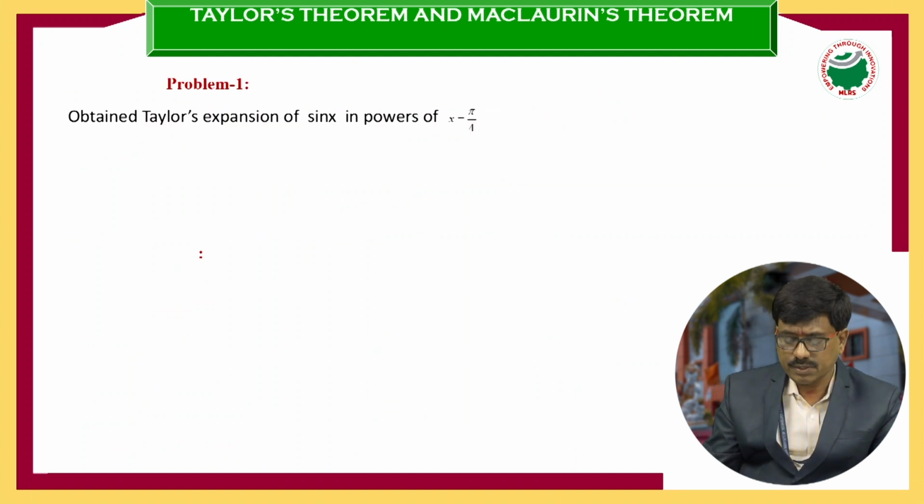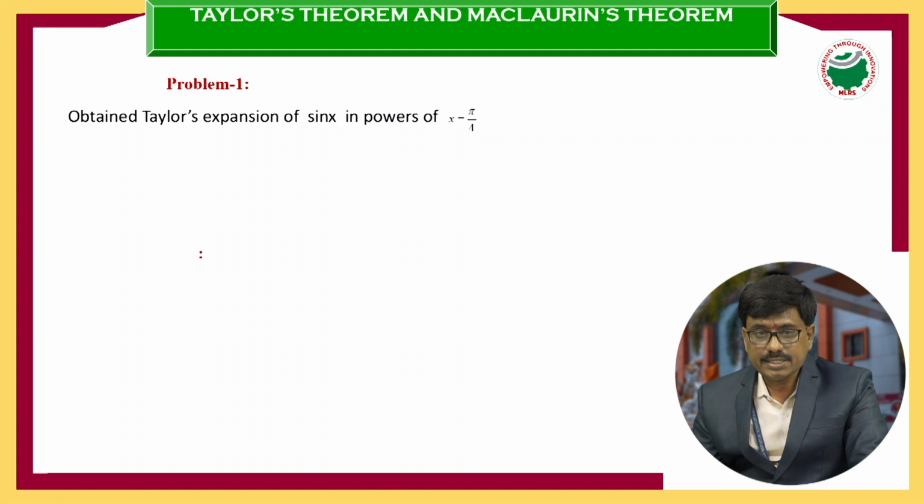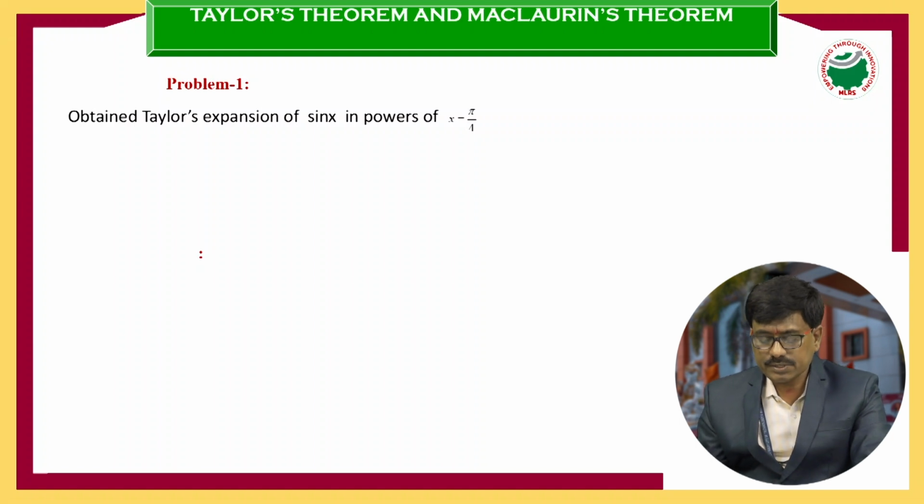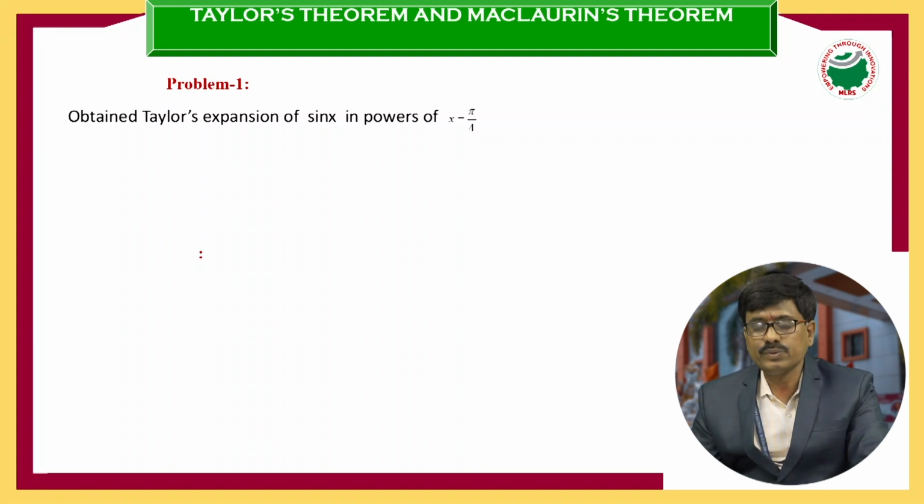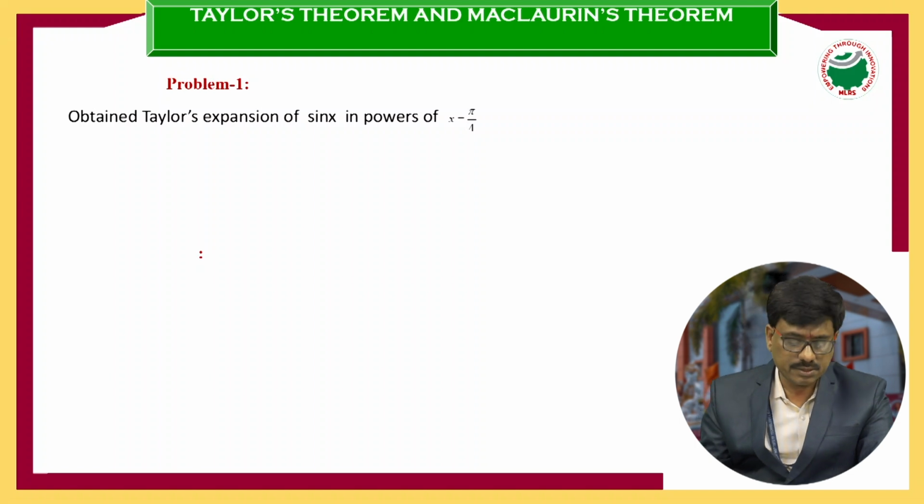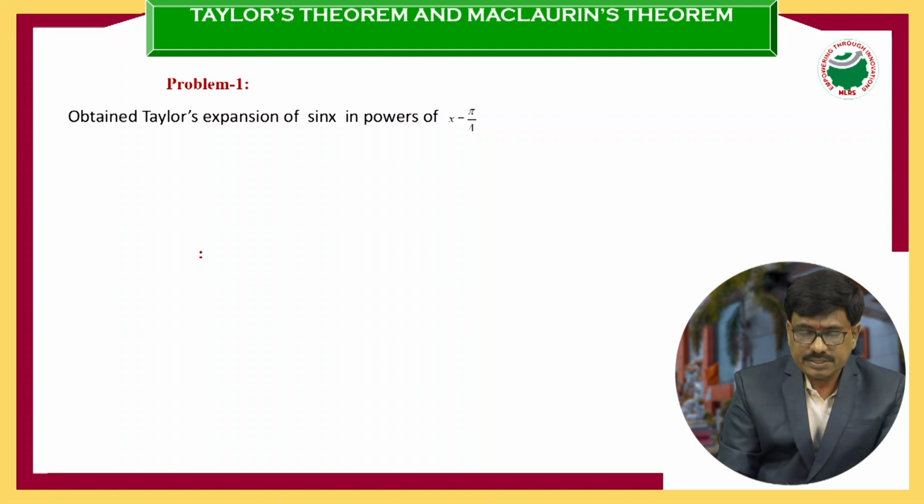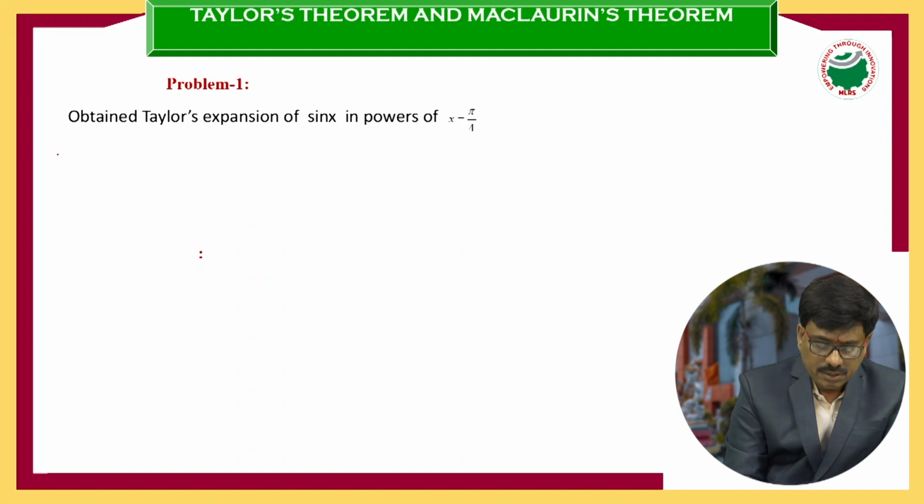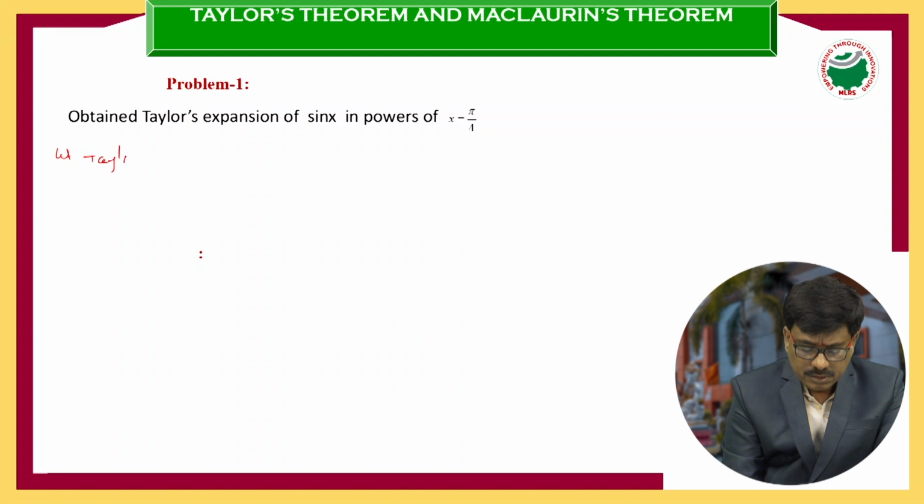Let us take this function. Obtain the Taylor's expansion of sin x in powers of x minus pi by 4. We need to expand this function at the particular point x equal to pi by 4. This represents a Taylor's series. Okay, let me write the Taylor series expansion first, then I can expand this function. Let the Taylor's expansion at the point x equal to a be